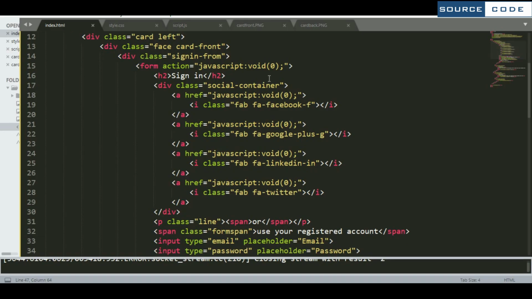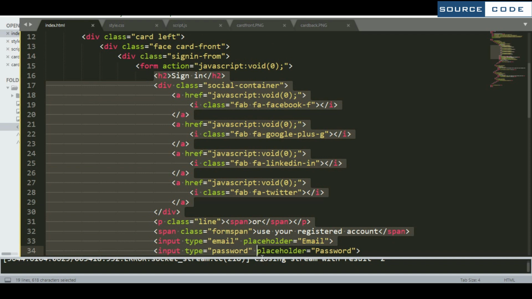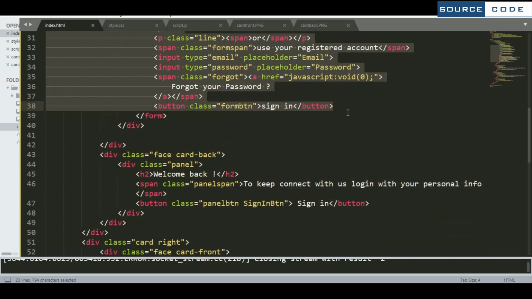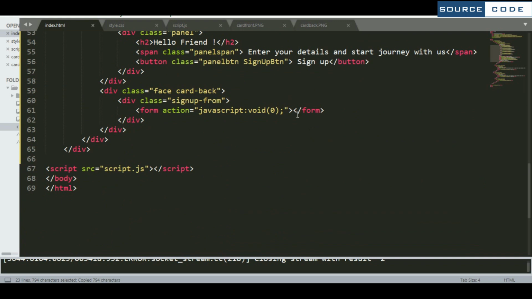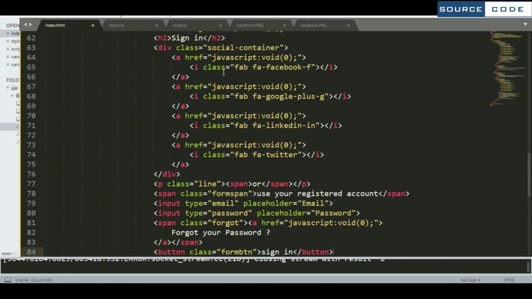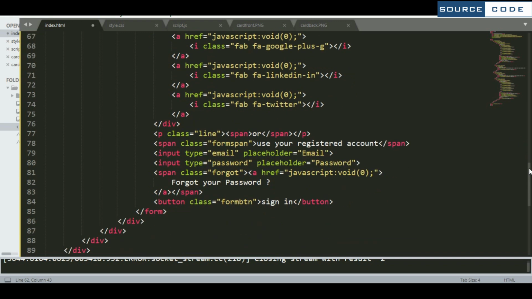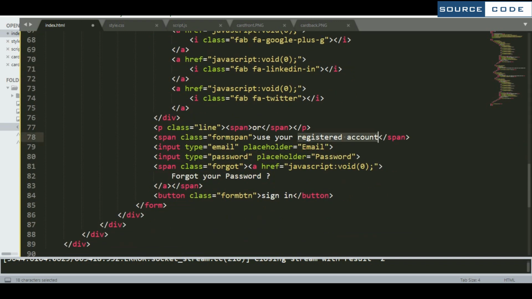So what you need to do is just copy this one, that is a sign in form, and paste it in sign up form. So just change the heading. Now come down, now change this one also.